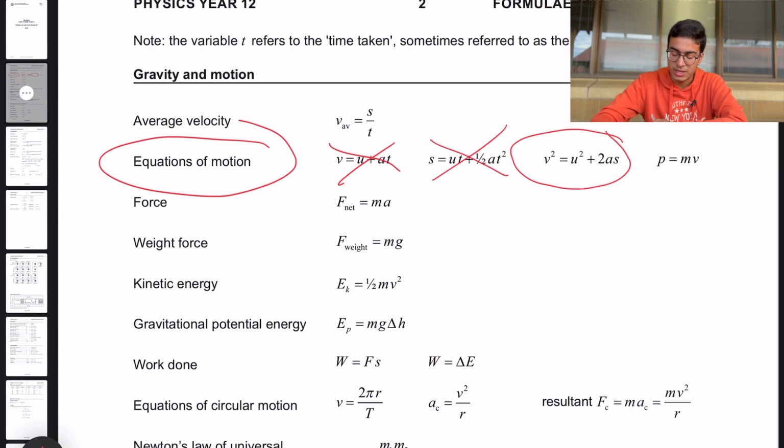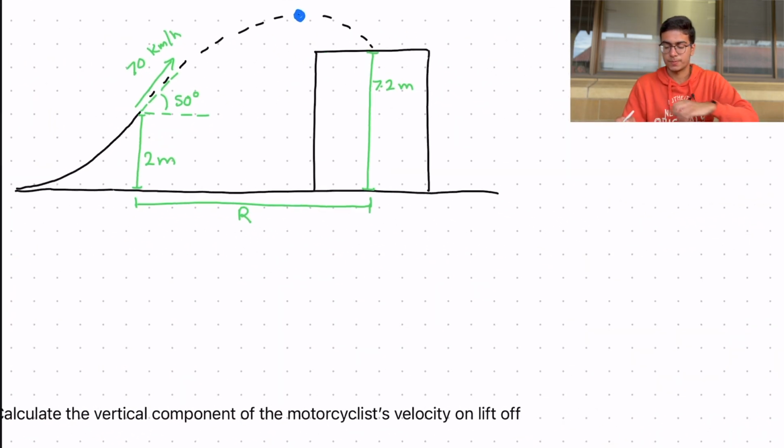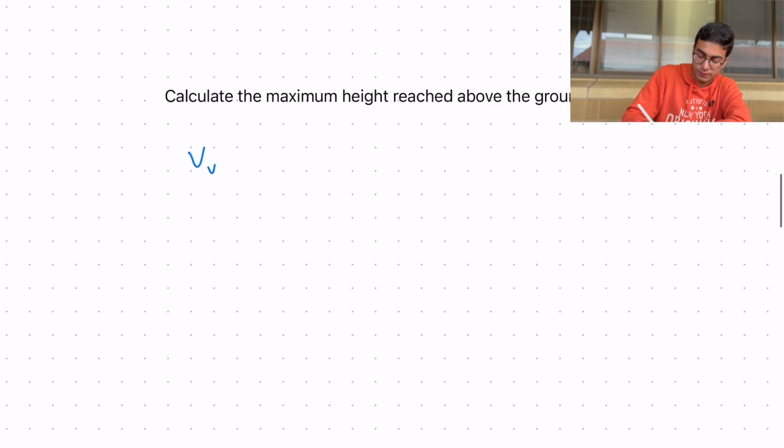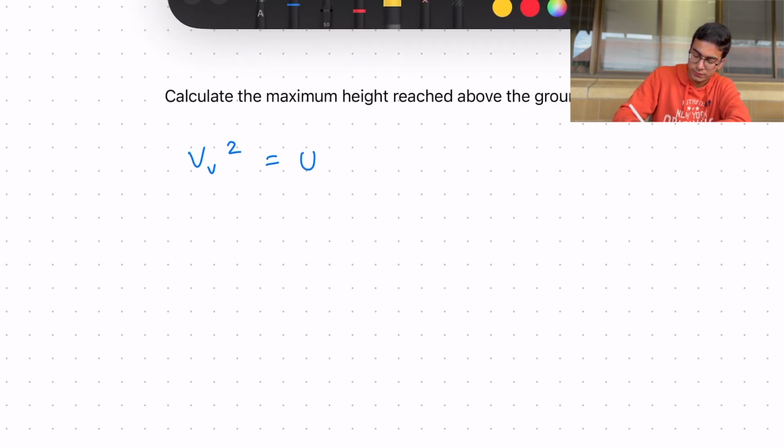That makes sense because we have u, which is the initial velocity. S is what we're trying to find. A is our acceleration due to gravity. And v, we know, at the maximum height is 0. So that's the equation that we'll use. If we go back to our question, we're going to use the vertical components. Remember to put the subscript v so we know that we're talking about the vertical component. So v vertical squared equals u vertical squared